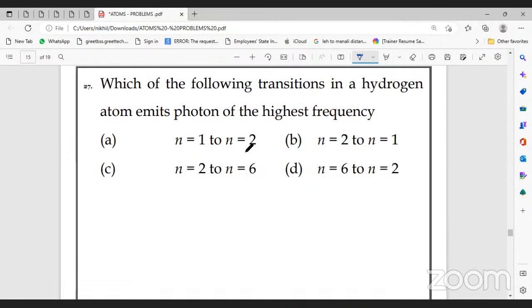Now they are expecting to find which transition in the hydrogen atom emits the photon with the highest frequency. They want the highest frequency. Now, what is the formula for the energy? Energy is equal to h into nu. So this clearly tells